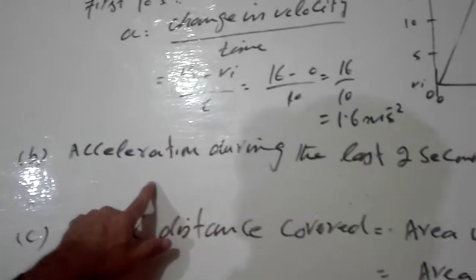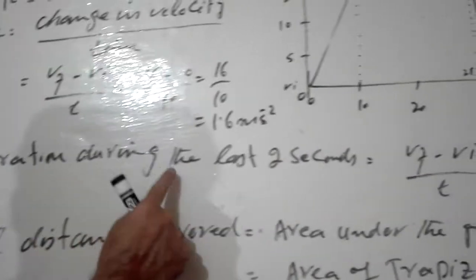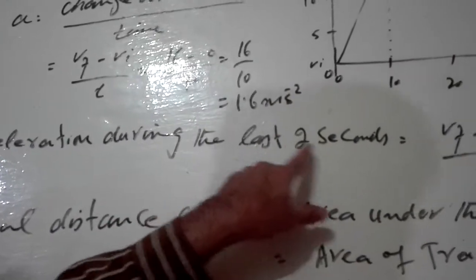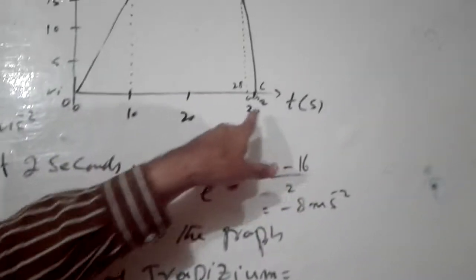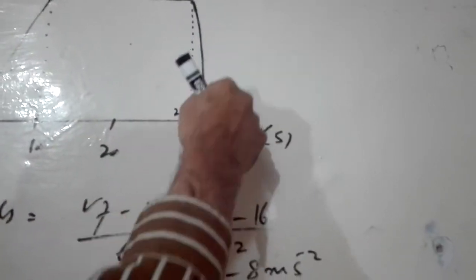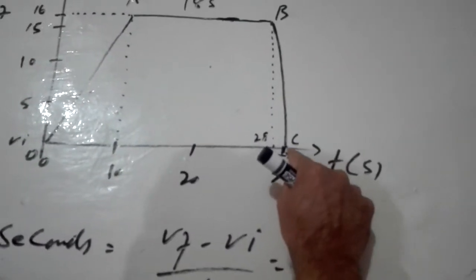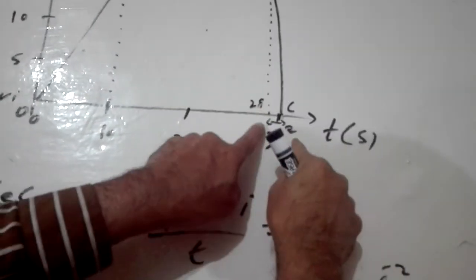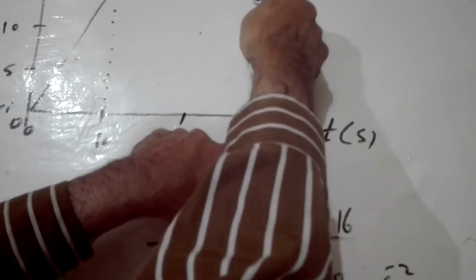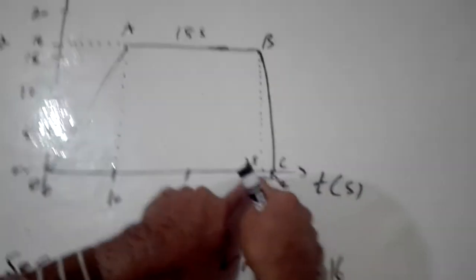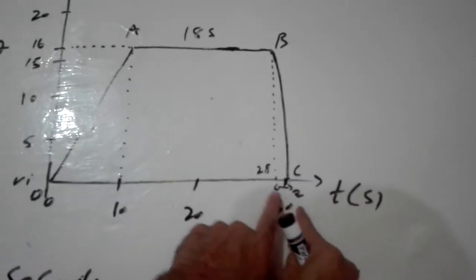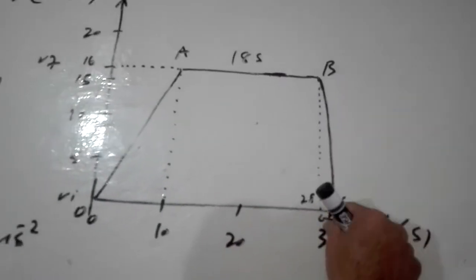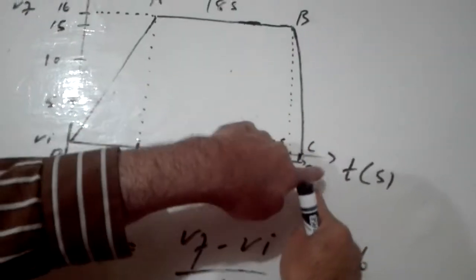Okay. Now in the second part he has asked you to find the acceleration during the last 2 seconds. So go to the last 2 seconds. Look at the figure. Till here the line is coming down. It means at this point C, the body has stopped its motion because speed is 0 at point C. And for the last 2 seconds, clearly this is 28. From 28 till 30, what is the difference? 2. So these are the last 2 seconds. So from here you have to find the acceleration again, on the line from B to C.